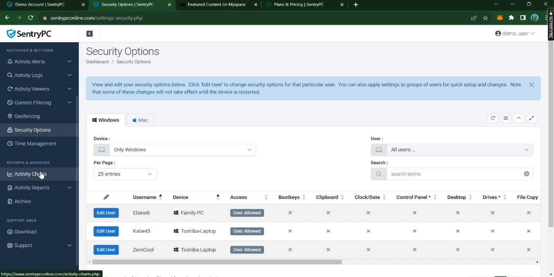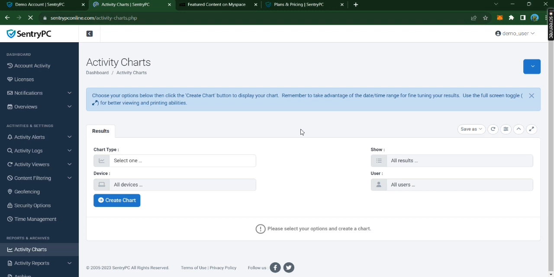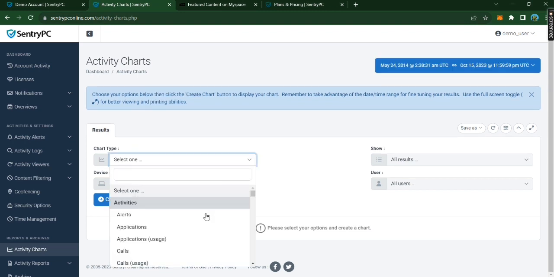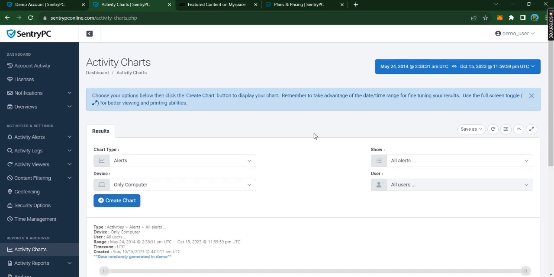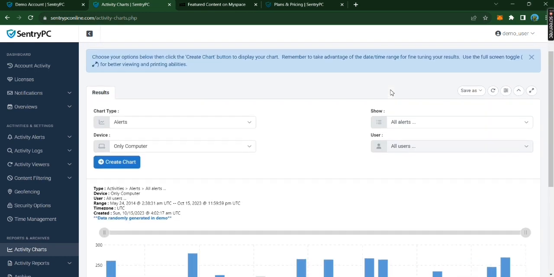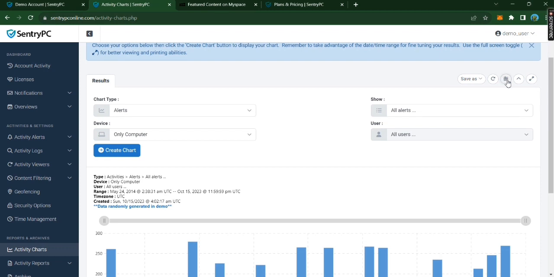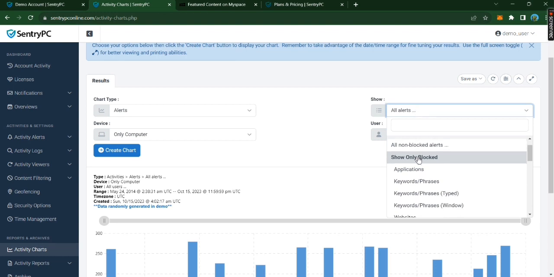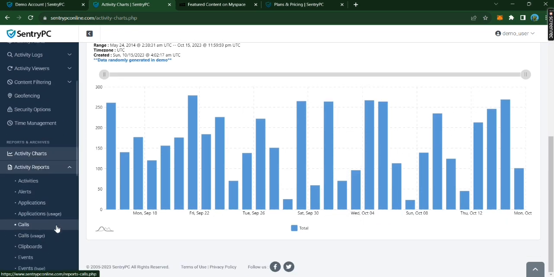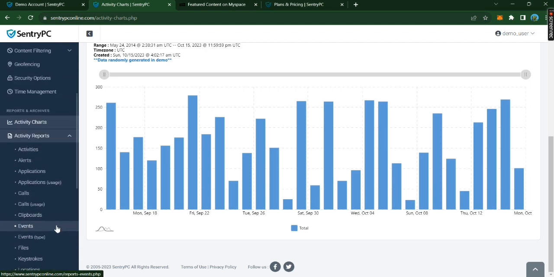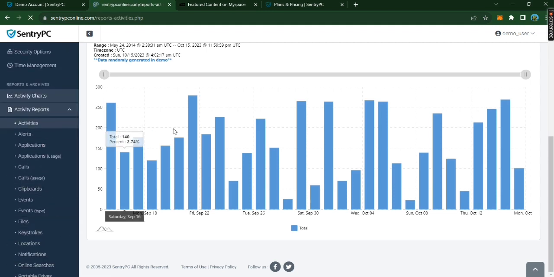Okay. Alright, so like I talked about earlier, there are visualizations. SentryPC offers you visualizations, and you have the option to select as many filters, add anything and everything you want to understand exactly what you're looking for. This gives you this, that, and the last but not the least is the activity reports, which